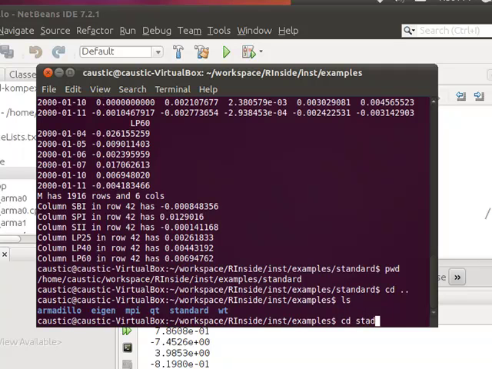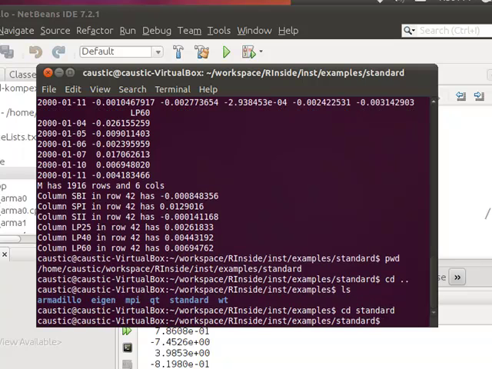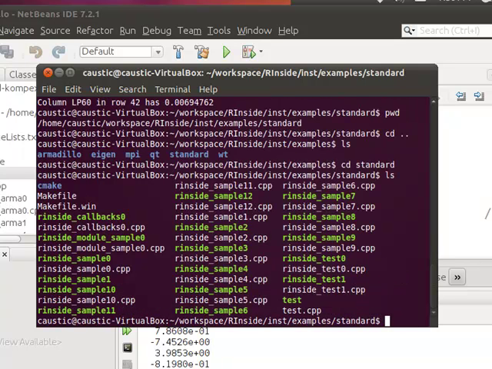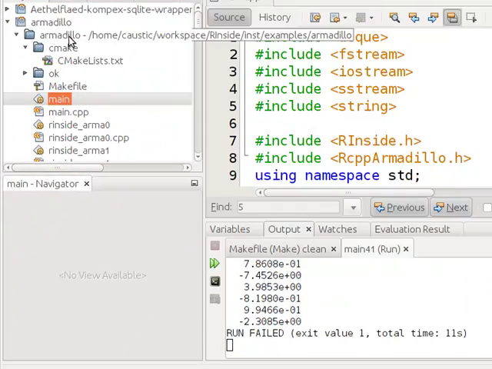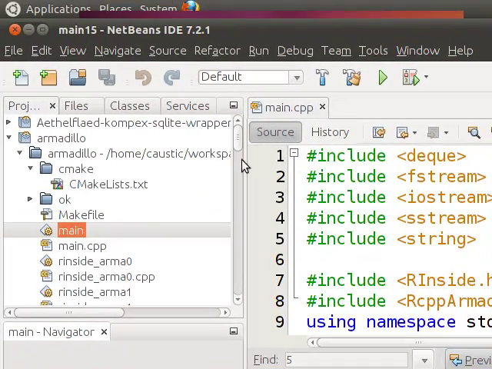Under the standard set of examples, there's a good bunch of examples in there. It just comes down to plotting or matrix manipulation or whatever. All the samples are there. They're fairly well documented and all that fun stuff. So what I've got here is a NetBeans project within my workspace for the Armadillo, imported in